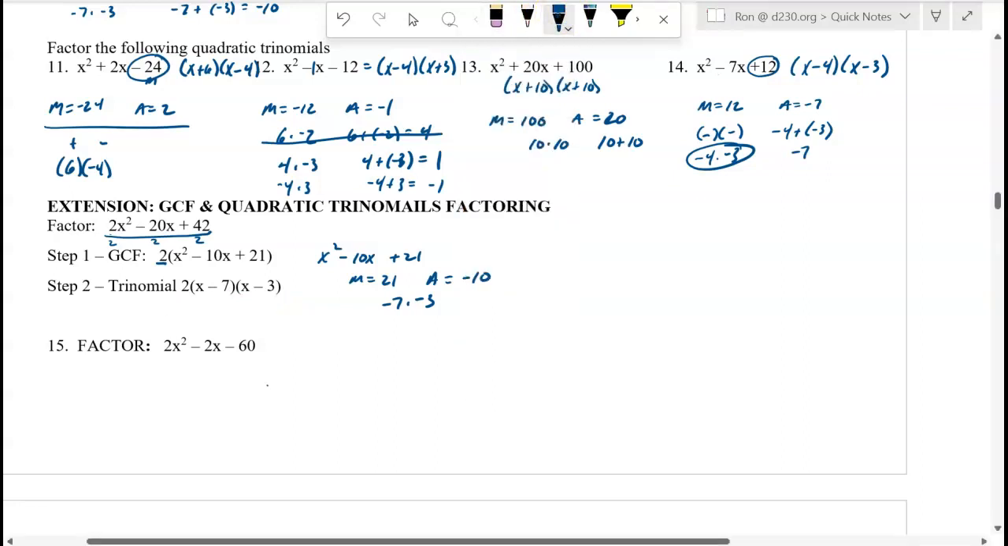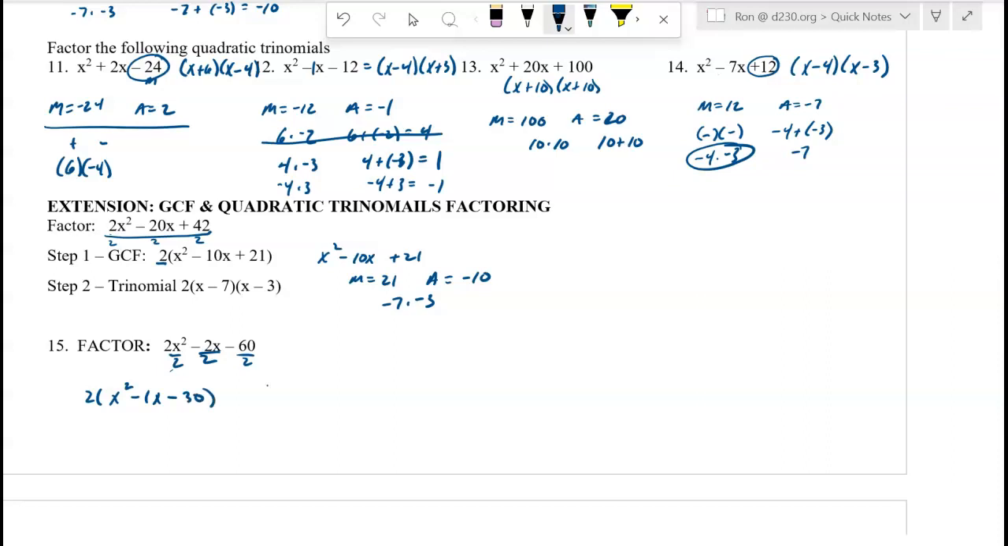So in this example, I look for the GCF, all of them can be divided by 2. Now, can I factor the remaining polynomial? What multiplies to give me negative 30 and adds to give me negative 1? Well, in this case, it'd be negative